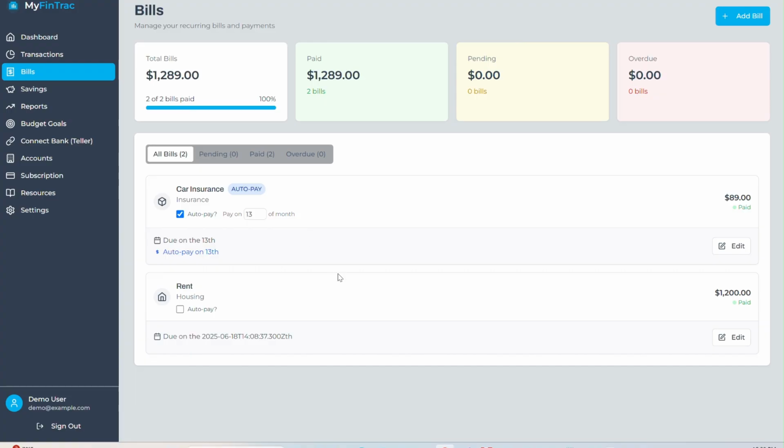So it's very simple, but it's a great tool for managing your bills on a monthly basis without having to write them all down and try to remember what you have auto pay and what you don't. You set all your bills up here in the app, and then you're done. You can manage them on a month-to-month basis and then pull reports to see how you're doing with paying your bills. Now, to add a bill, because this will be blank when you first pull it up, you simply click this add a bill,